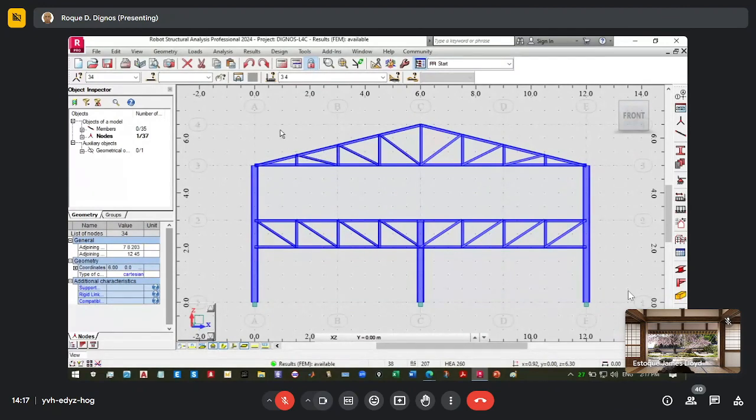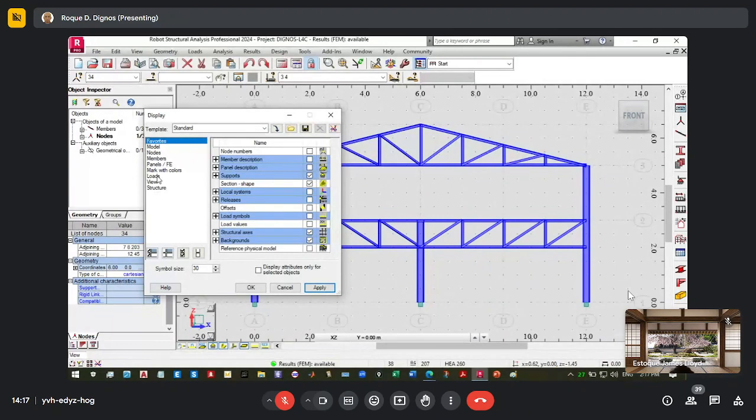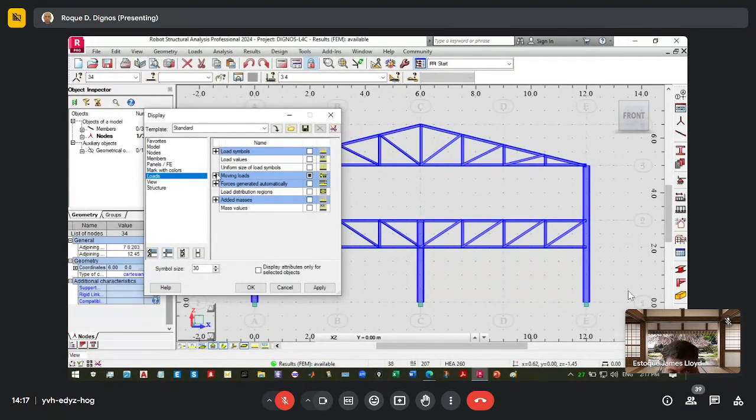So now we are ready to show. We go here first, and we go to load and moving load. We click this vehicle so you can see it.